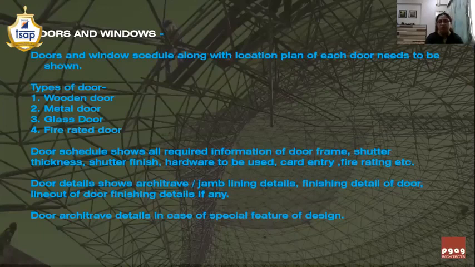Then the shutter finish needs to be mentioned in the door schedule itself. For example, the shutter finish from inside the room, from outside the room, what is the shutter finish? If it is laminate, then which make of laminate is used, which particular design number has to be mentioned, the catalog number has to be mentioned in that. Then the hardware of the door needs to be mentioned in the door schedule itself. Suppose the door is a card entry door, then you need to mention that in the door schedule itself,